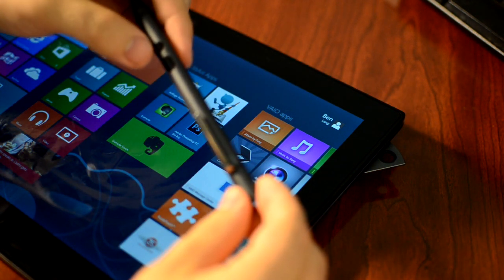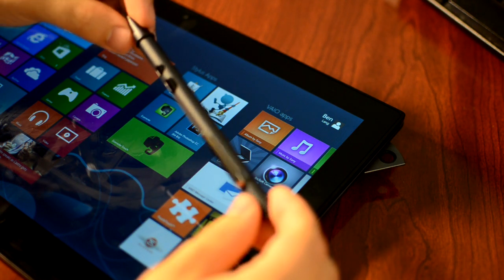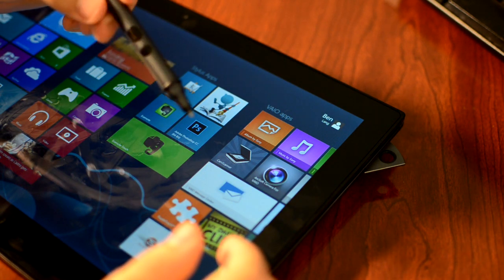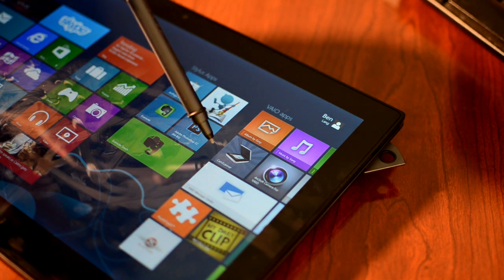It does have two buttons here, one of which functions as a right-click button, and the other one I think is just for whatever you want to bind it to. I haven't found any explicit uses for it. And of course the tip is pressure sensitive, and if you've used a tablet PC before, you'll know what